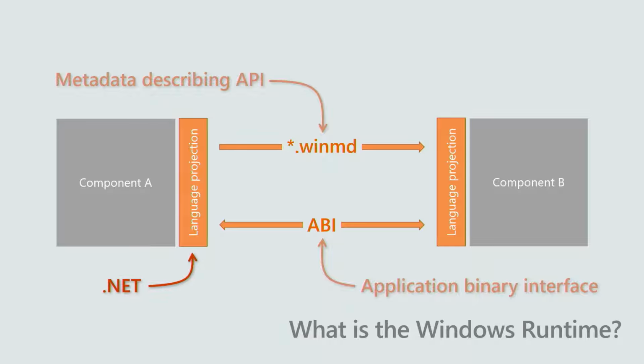And then we have, let's say component A is built in C#, so you'd naturally use .NET as the language projection. And component B might be written in C++, so there you'd use C++ WinRT. This is the Windows runtime. And so we've mentioned nothing about even Windows 10, the UWP, none of those things. There's no store app technology here. This is the essence of the Windows runtime.